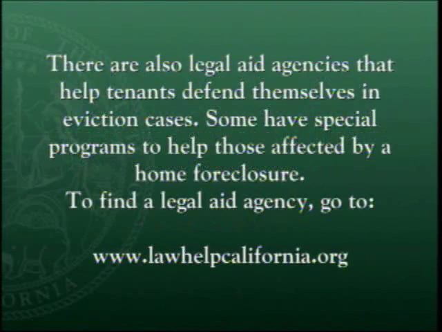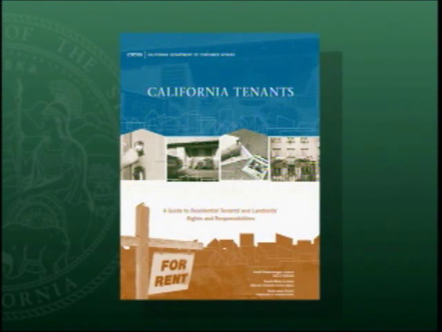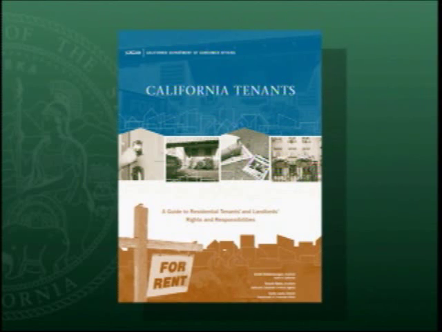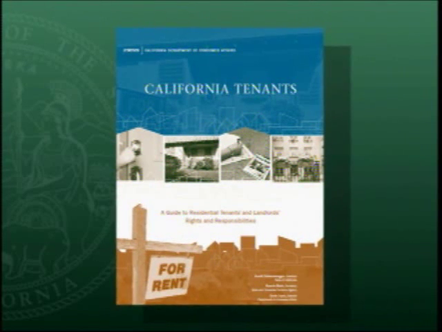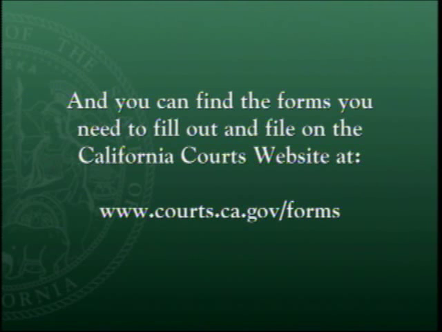1-866-442-2529. There are also legal aid agencies that help tenants defend themselves in eviction cases. Some have special programs to help those affected by a home foreclosure. To find a legal aid agency, go to www.lawhelpcalifornia.org. You can learn about eviction and other rental issues in California Tenants, a guide to residential tenants and landlords' rights and responsibilities, California Department of Consumer Affairs, available at www.dca.ca.gov/publications/landlordbook. And you can find the forms you need to fill out and file on the California Courts website at